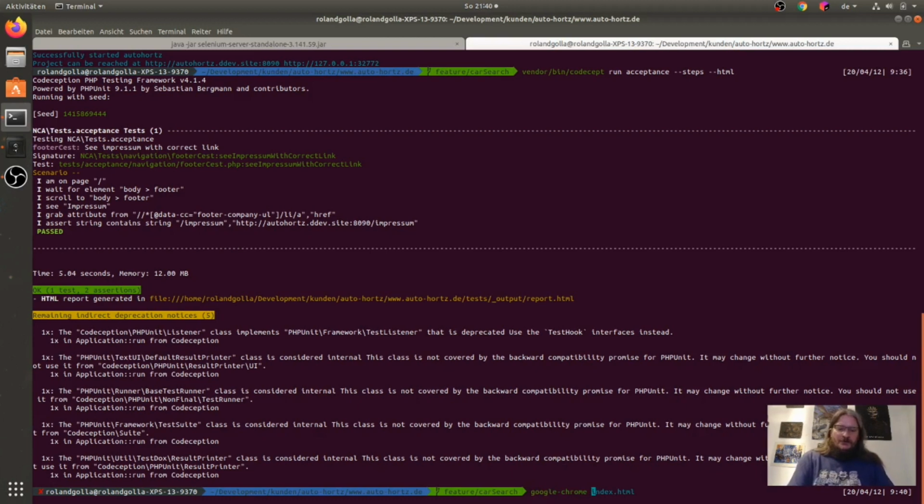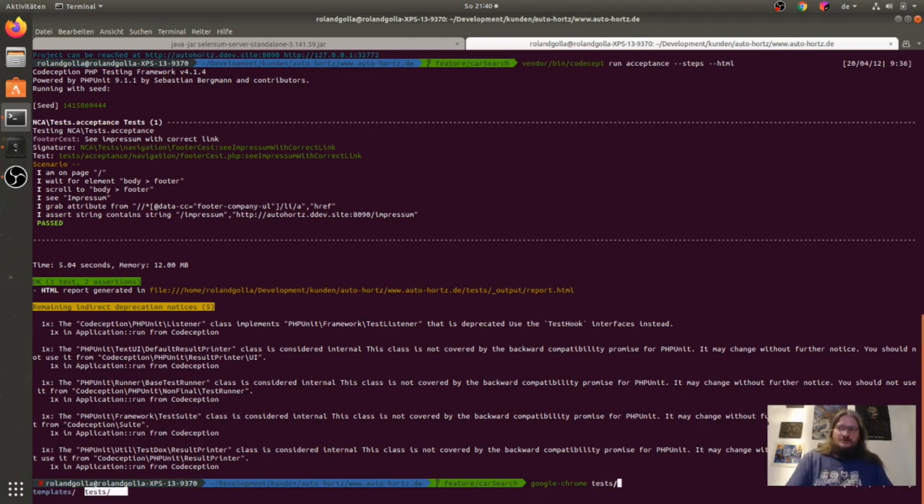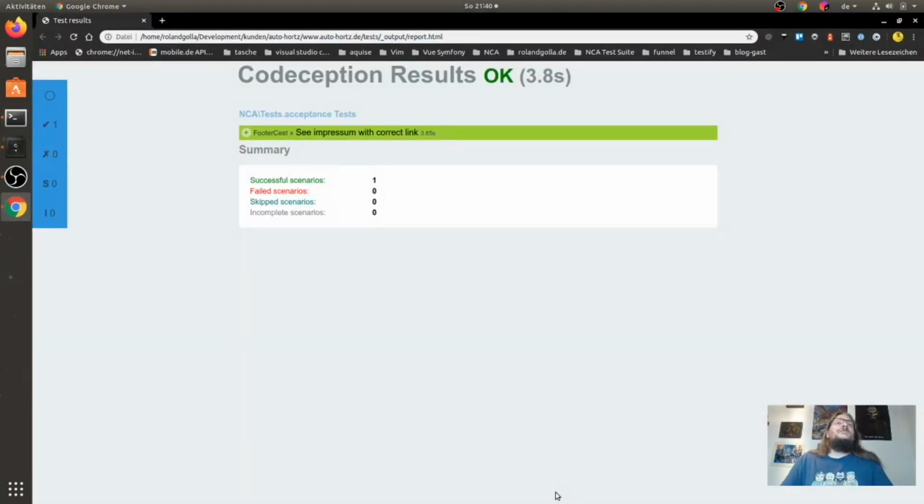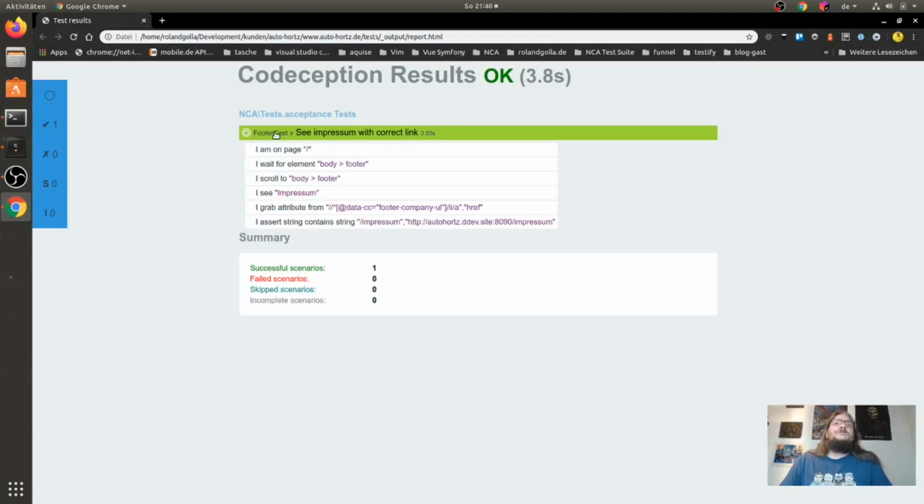We can open our report with Google Chrome. And now we will see the same here in our report. I am on page, start page. I wait for element footer. I scroll to footer.